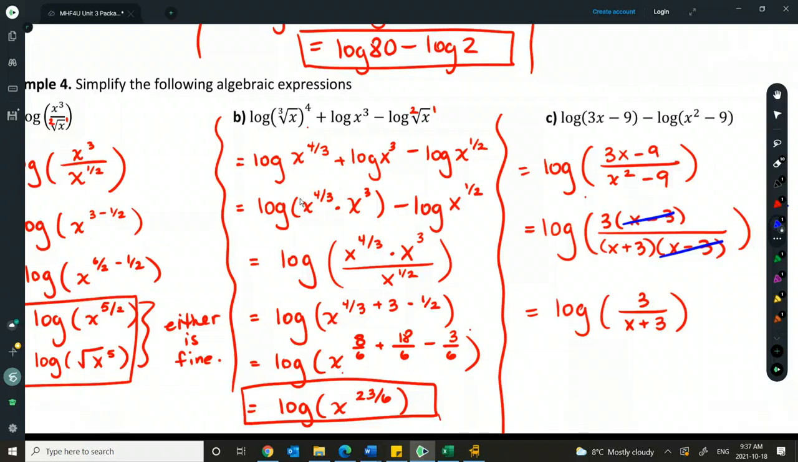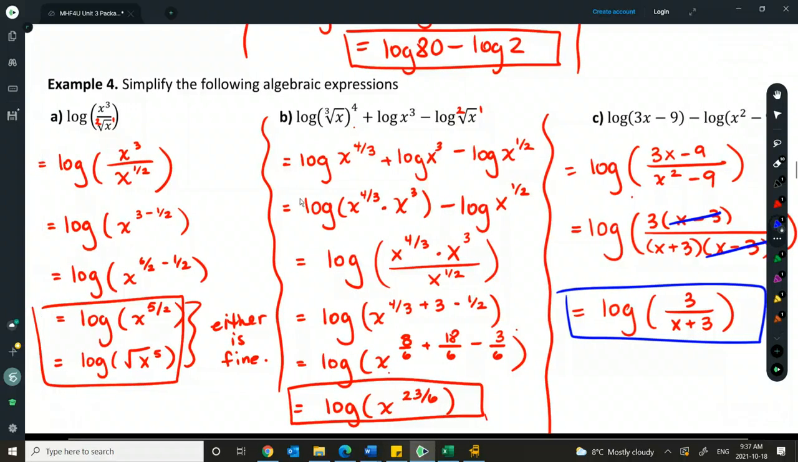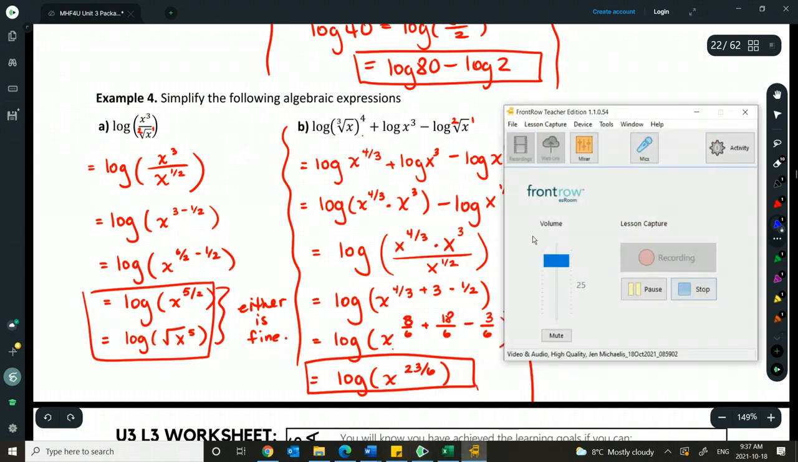Is this done then? Is this in a single logarithm? Yes, as much as possible. Have we simplified this interior part as much as possible? Yes, we're good. So that's our final. Can I clarify anything here? All right. So we have